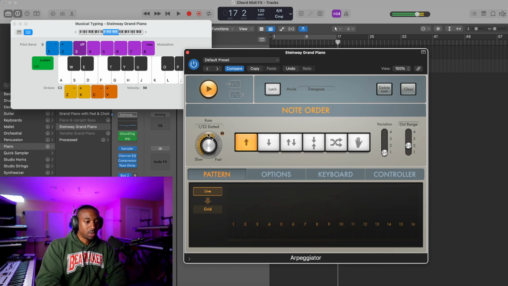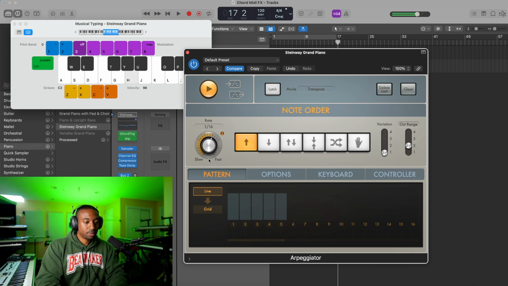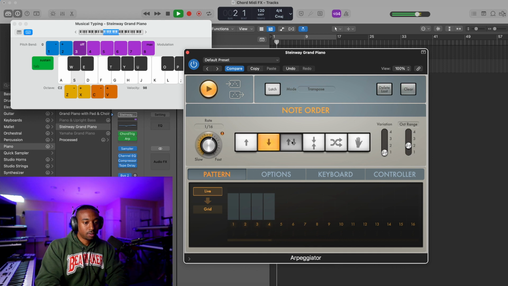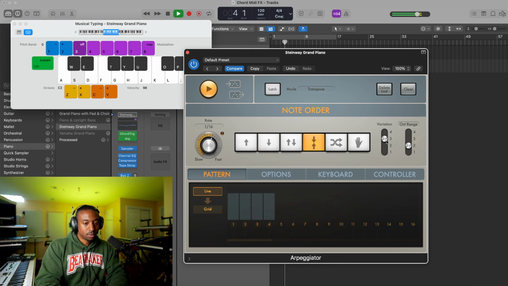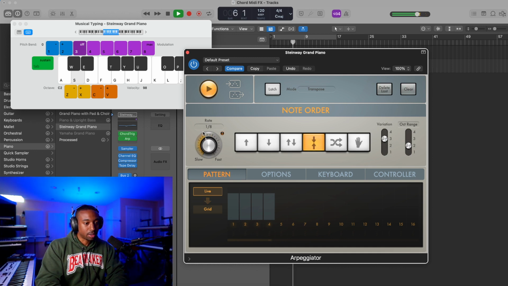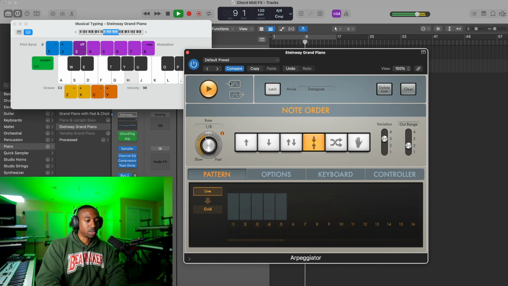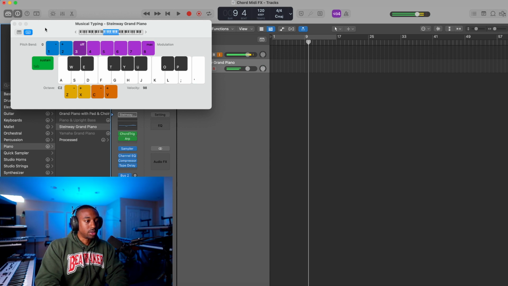So depending on what style of music you make. I think it's a little too fast for a piano, so for this sound specifically. So now you can change the mood as you're going. Okay, and it's using that guitar voicing.